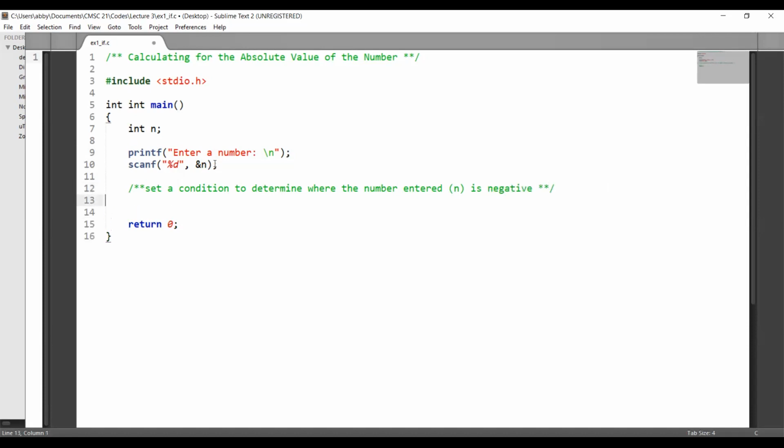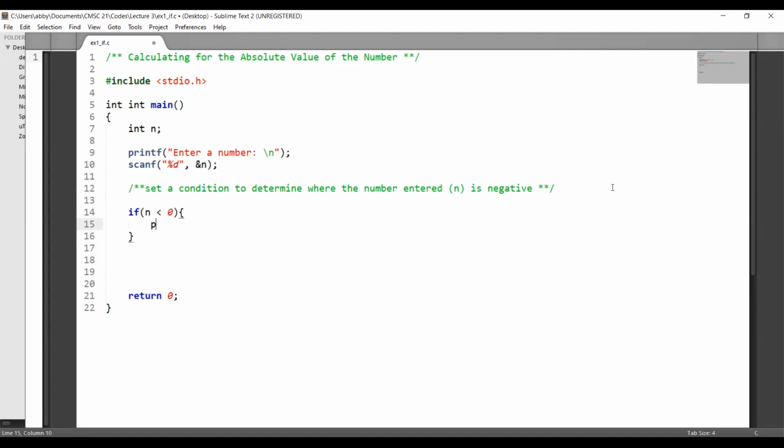And so how can we do that? We will write an if-else statement. So if n is less than 0, then we write that